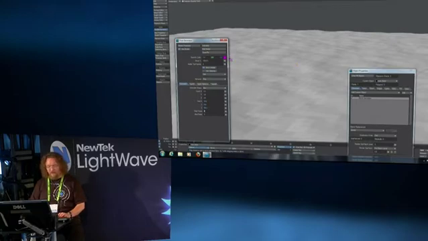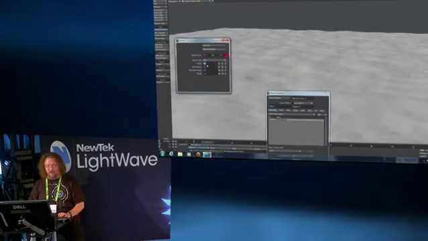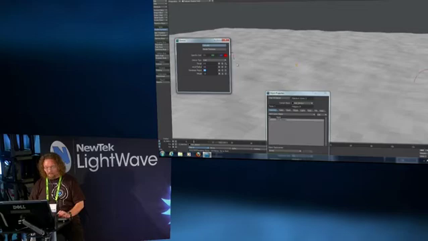So let's go ahead and make this a little bit bigger. I'm going to grab the goal here, and I'm going to change one thing on it. I'm going to change its arrival radius. I want to have it a lot larger. Rather than having them all try to run to a single point, or somewhat of a single point, if I increase their arrival radius, then as these things run across the ground,